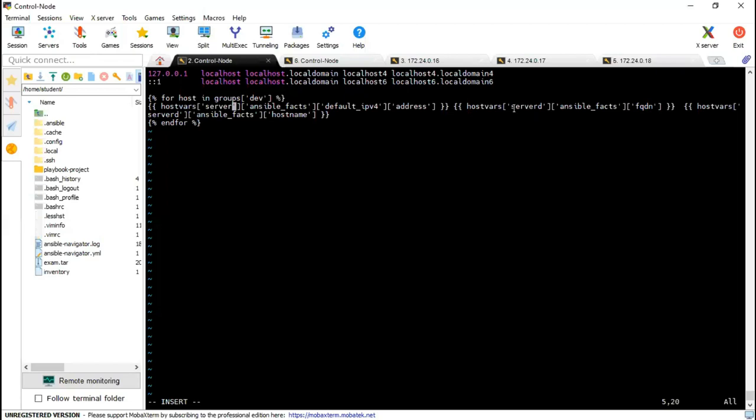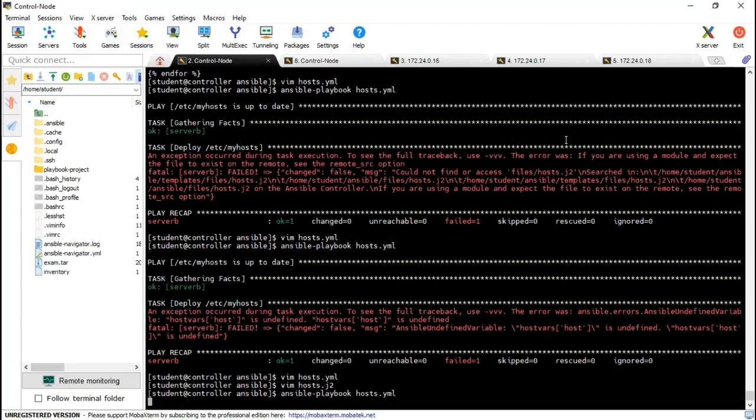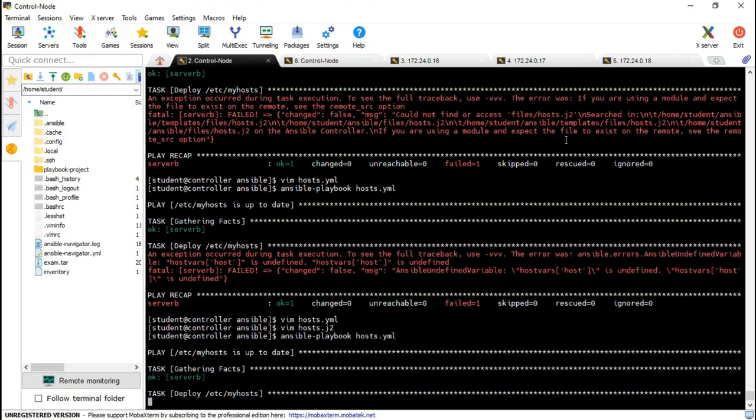Oh, okay. We do not have server D, right? We have server B. Sorry, I mistyped there because we already have server A, B, C. So just replace this server D with server B only. It should work this time because we did put the wrong server name.